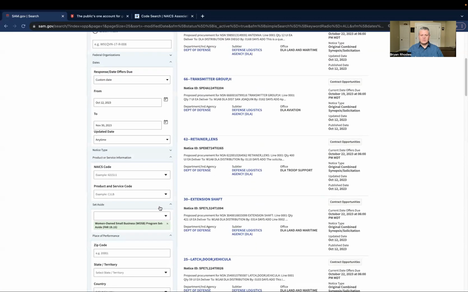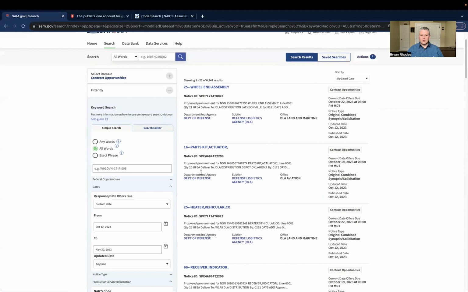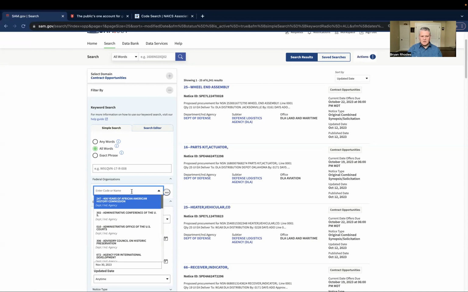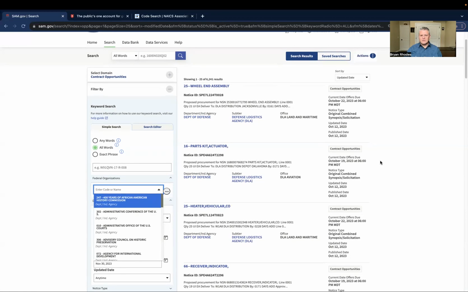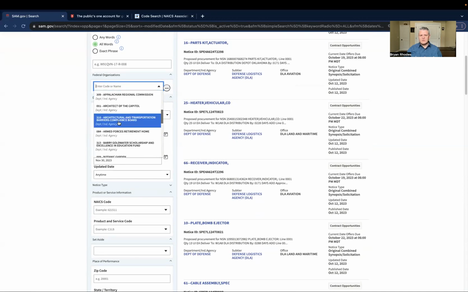As you're searching for federal contracting opportunities, this certainly does expand as you go through the year, and it fluctuates based upon the contract demand. The contracting locations, when it comes to the organizations that are utilizing SAM.gov, the federal government is going to list here all of the different departments. You can scroll through here. I don't know if it's easy to see, but you can see all the different offices within the federal government that can put out a solicitation using this contract